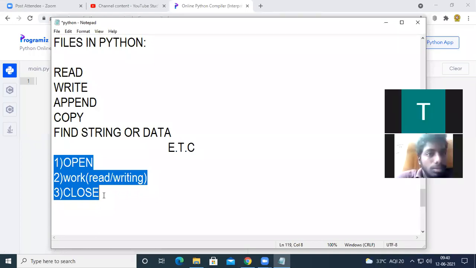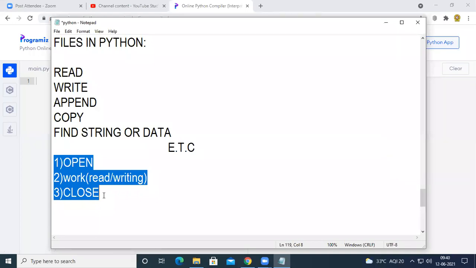So similar to the functions in string handling, which are used to work on strings, Python also supports several functions in order to work on files. Some functions are used to create a file. Some functions are used to read a file. Some functions are used to update a file, delete a file, etc. So there are a lot of functions supported by Python to work on files.